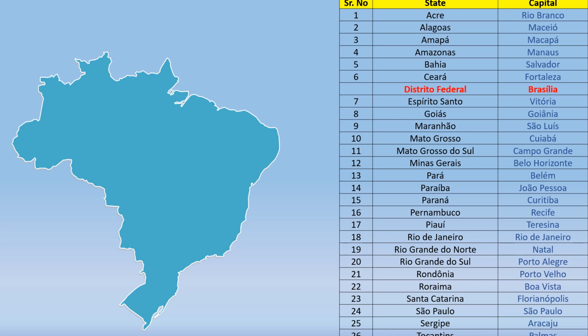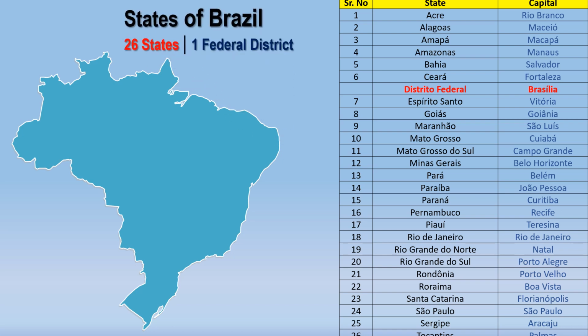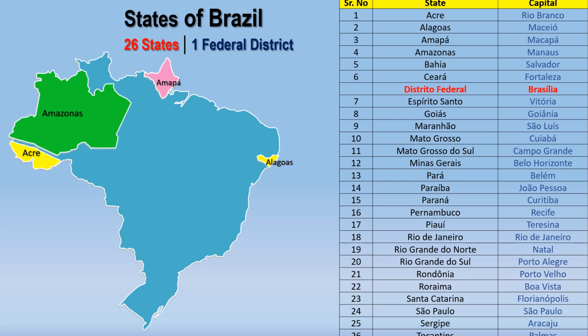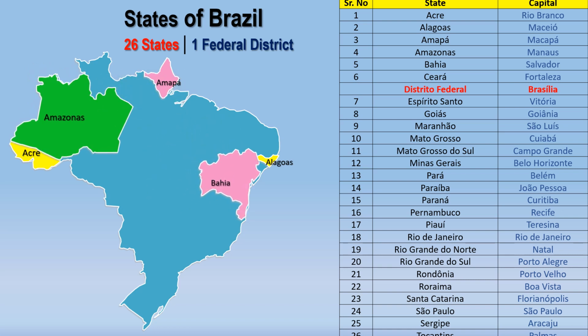Now move on to the states of Brazil. So Brazil has 26 states and 1 federal district. We'll start in alphabetical order. So the first state is Acre, Alagoas, Amapá, Amazonas, Bahia, Ceará,